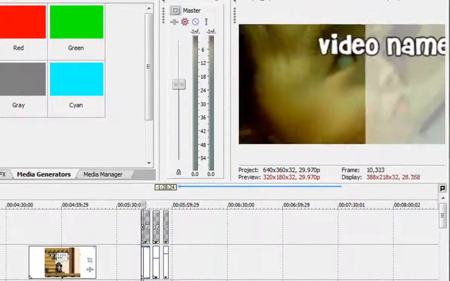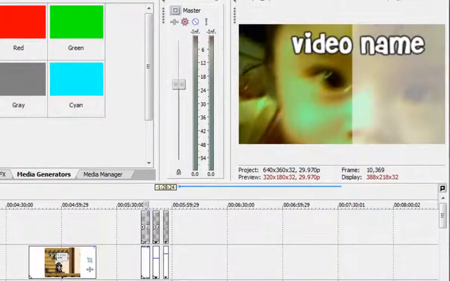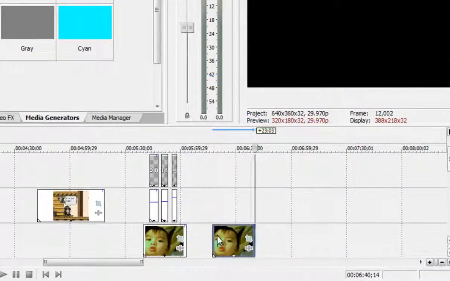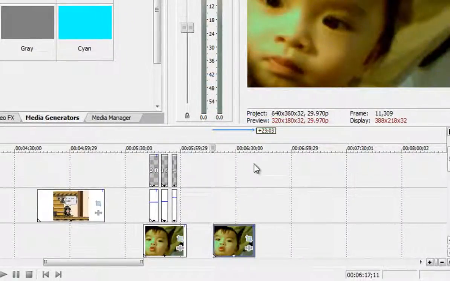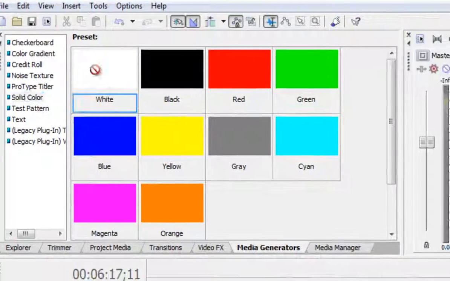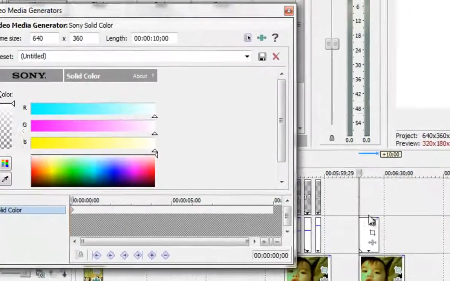this title over here. And what you're going to do is first get the clip that you're going to put a title on. So I'm just going to use this clip. And go to media generators, solid color, and choose white. So then just drag it in and